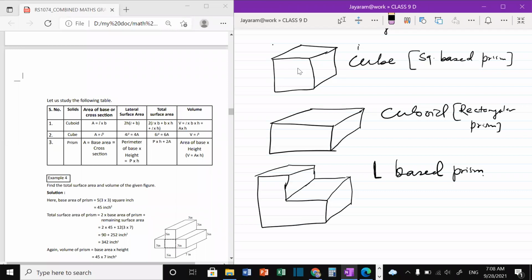See here, which are cross section, very important thing. Cross section means from one side, if you cut it, that becomes same shape. This may be the cross section for this one, because if you cut in this way with the knife, it always becomes same shape. The upper shape becomes same, that is square, square, square. Again for this loaf of bread, if you cut in this way, the upper side shape remains the same. That is rectangle. This is the cross section.